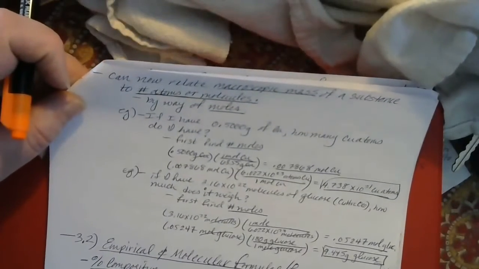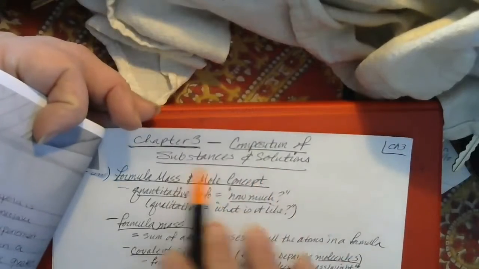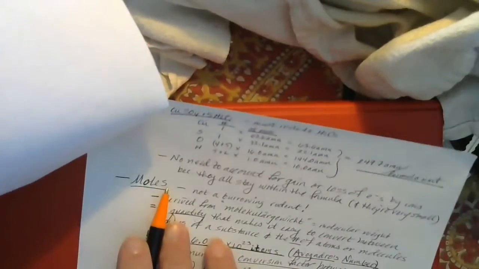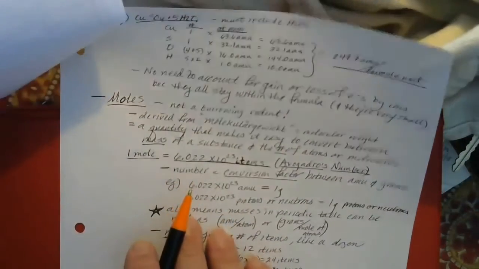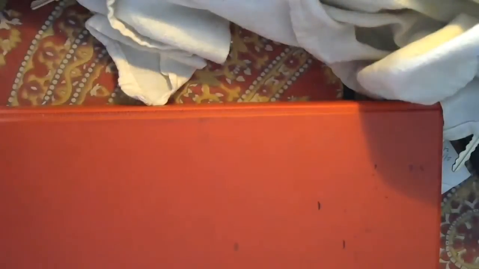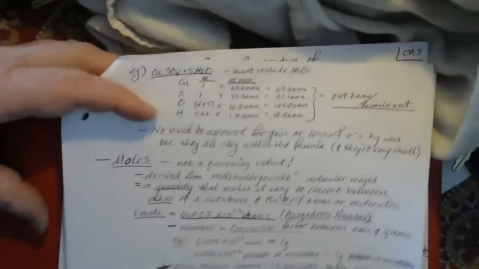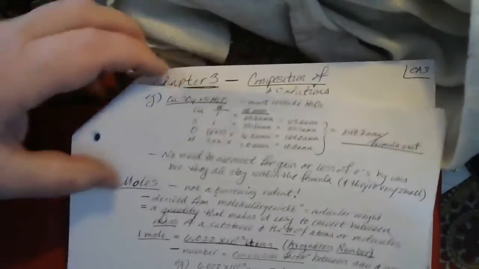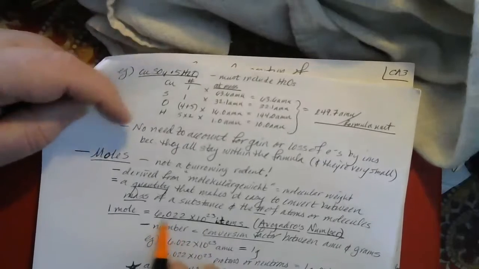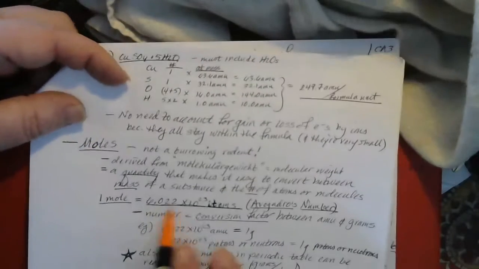Okay, in chapter 3, we were working on composition of substances and solutions. And I believe where we left off was working with the concept of moles. Just as a quick review, remember that moles are just a quantity of a substance, similar to a dozen. A mole of a substance is always the same number of items. Just like a dozen is always 12 of something, a mole is always Avogadro's number, or 6.022 times 10 to the 23rd items,